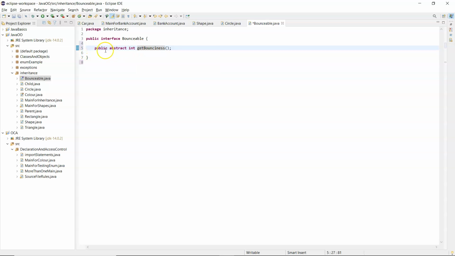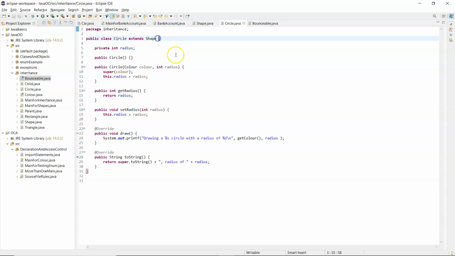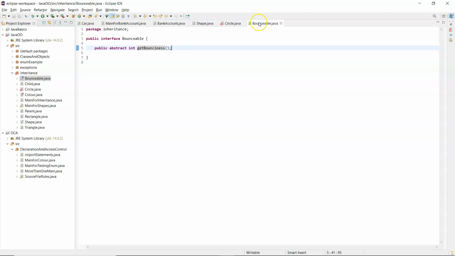You can put in public and abstract keywords if you want. They cannot have a body. Now I'm going to save that, and my circle class now is going to extend shape, and it's going to implement that interface bounceable. Now, straight away, when I implement that bounceable interface, my class won't compile, simply because bounceable